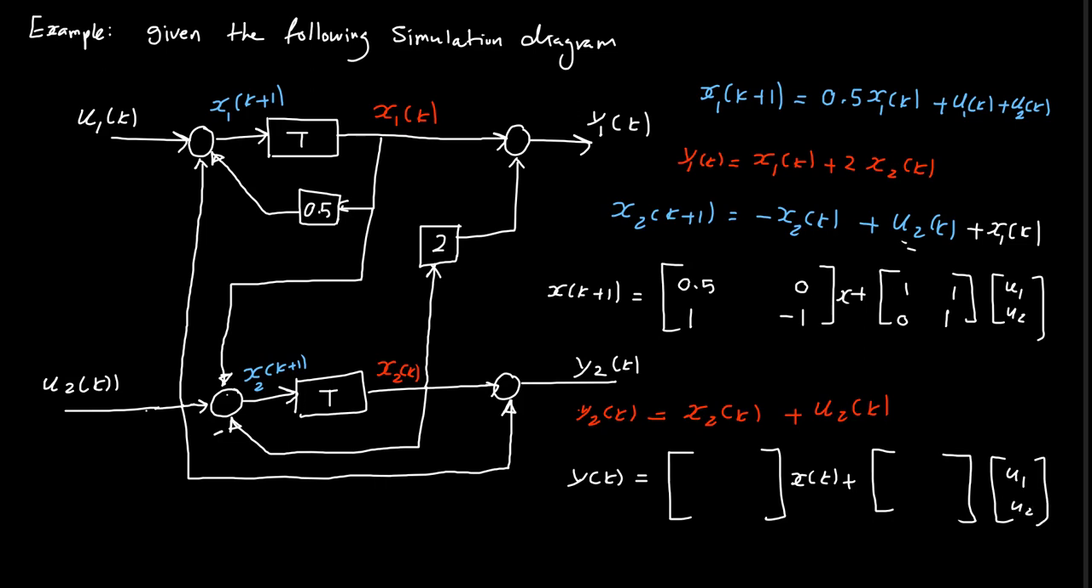Now y1 of k was equal 1 for the x1 and 2 for the x2. y2, I'm having only x2, so this would be 0 and the 1. For the input here I'm having no input, so 0 and 0. Here I'm having the u2, so 0 and 1. So this is the state space representation